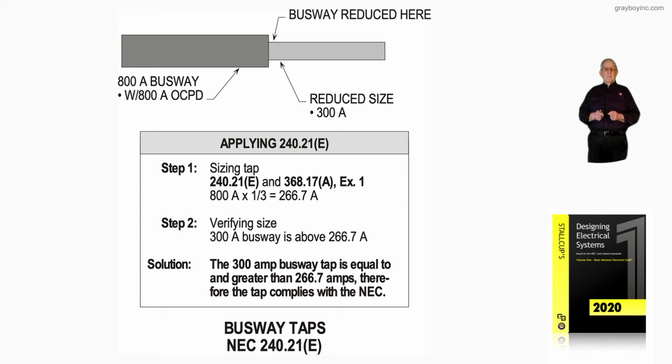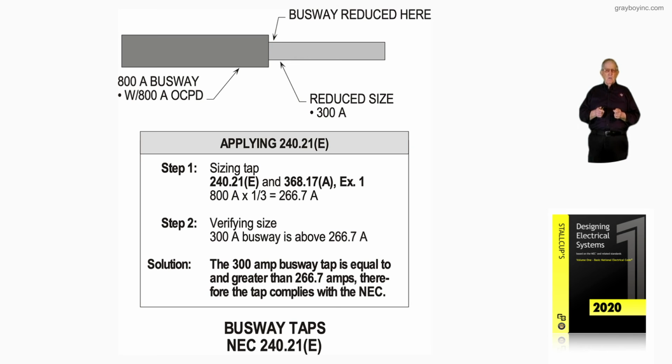Now step one is the one-third rule. So one-third of 800 is 266.7. Rounding that up, a 300 amp busway is large enough to supply the 266.7 amps. So the 300 amp busway tap is equal to or greater than the one-third rule, which produced 266.7 amps. Therefore, the tap complies with the NEC and can be routed 50 foot